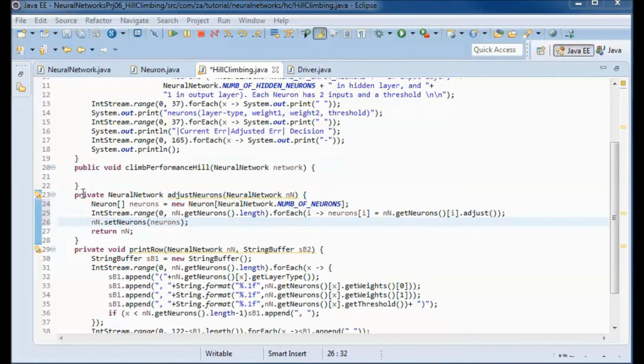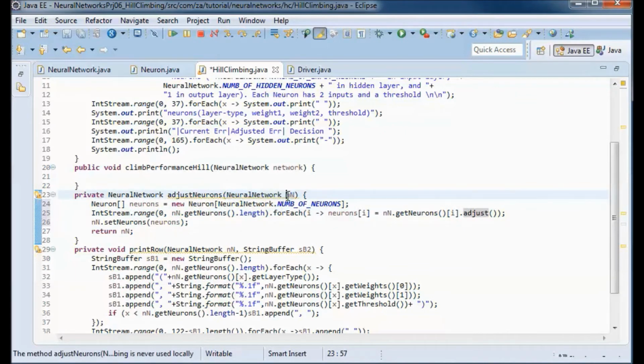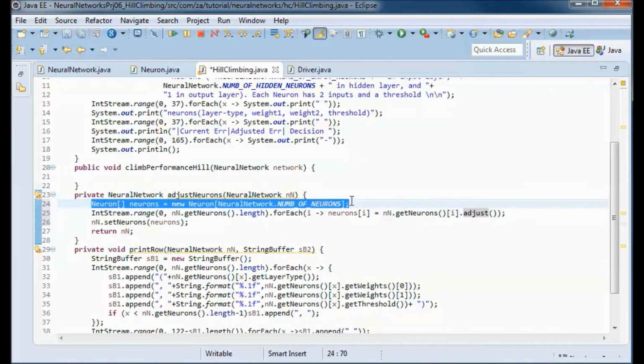And this will be the code for adjusting the neurons. So I will have a new array of neurons, and then I will go through all the neurons that are in the passed-in neural network and call adjust on them, and then put them in this array of neurons, and set the neurons for this neural network.